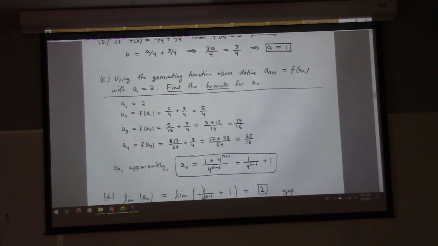And then as n goes to infinity, it's clear enough that the limit of this sequence is just 1, right? Well, from the boxed formula, it's obvious. But that's also what we found from solving the fixed point equation up here. And since there was only one fixed point, it must be that that was the limit of the sequence if it exists, right? How do you know if the limit exists or not? Well, if you get a bounded sequence that's monotonic, you know that the limit exists, right? And this is such a thing.